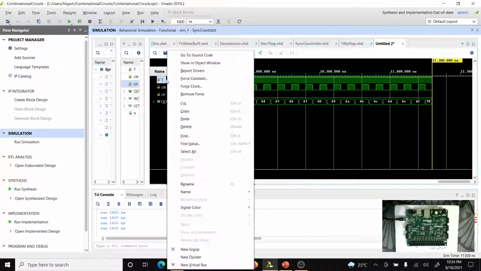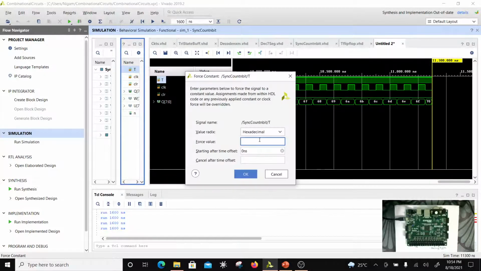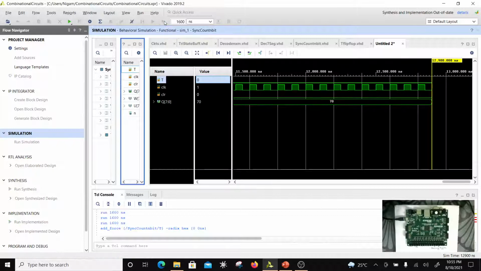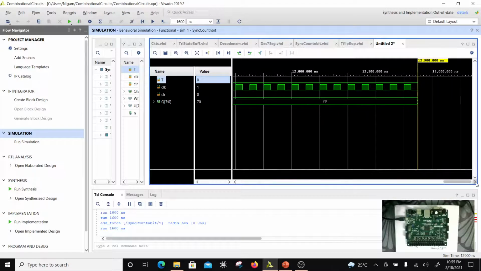Now if I hold the T to be low, the count should be frozen. So I will force T. So this is over here. I'm going to force T as 0. That means I'm not toggling it. And if I click run, it has maintained 7 0, right? So you can see wherever it turned from 6F to 7 0, it has maintained 7 0 because the toggle is